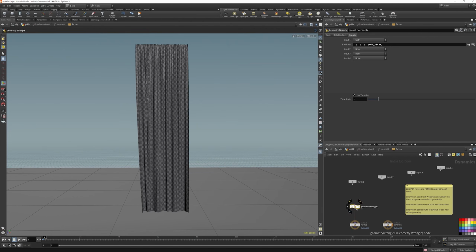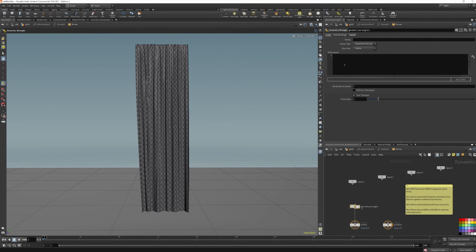Oh, and we forgot to write in our code. So what we need to say here is if our points have a decay value above, you know, 0.1 or 0.3, basically if there is decay information, then we're going to delete the weld constraint. So we can do that with an if statement. So we're going to say if point 0 and our decay point number has a value